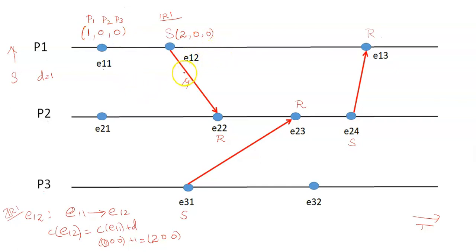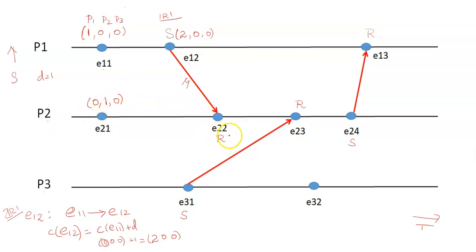Now, in order to calculate E13's vector, we cannot do it as we did for E12, because this is a message receiving event. So let's come to P2 first, right? In P2, E21 is the first event. As usual, we can initiate the timestamp for E21: for the P1 position it should be 0 and for P2 it should be 1, because E21 is an event of P2. So the P2 element should be filled up.